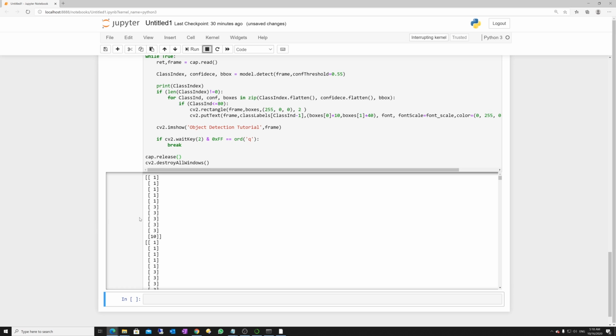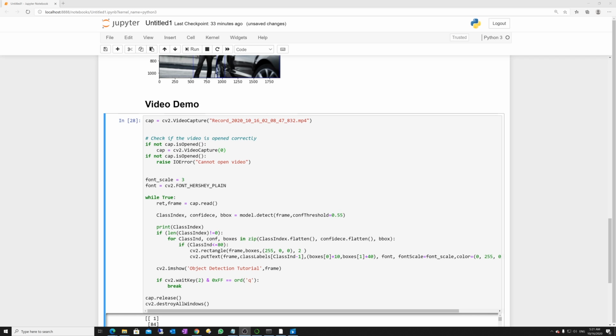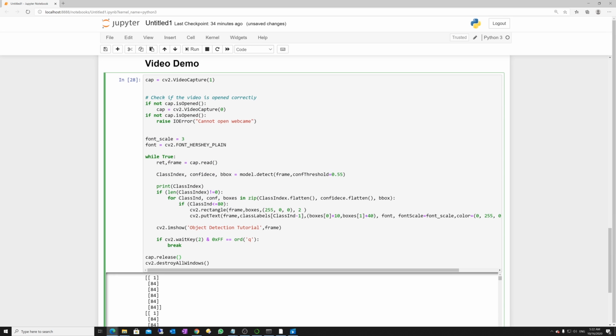Now it's time to have a webcam demo. For a live webcam demo, it's better that you modify the previous code into one. In my case, I have only one webcam, so based on the number of webcams you have, you can change this code, but it's dynamic, so it is finding 0 or 1. All you need is to change this. The most important thing was that you need to change it to 1, and once you do, the rest of the code is the same. If you execute it,